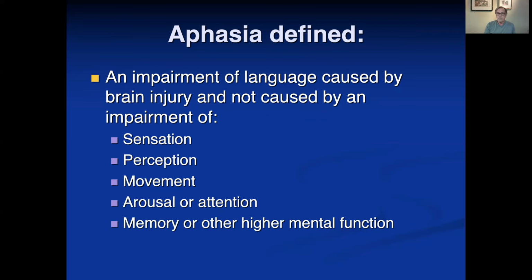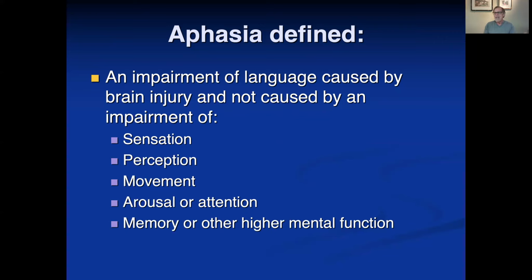And you could demonstrate that, for example, let us say that they are unable to point to objects in a field of 10 when you say the name. That would be a simple auditory comprehension test. But you can demonstrate in the aphasic individual that they can point to objects in a field of 10 imitatively. In other words, you show them that what you want them to do is to point to what you're pointing to after you're done. So